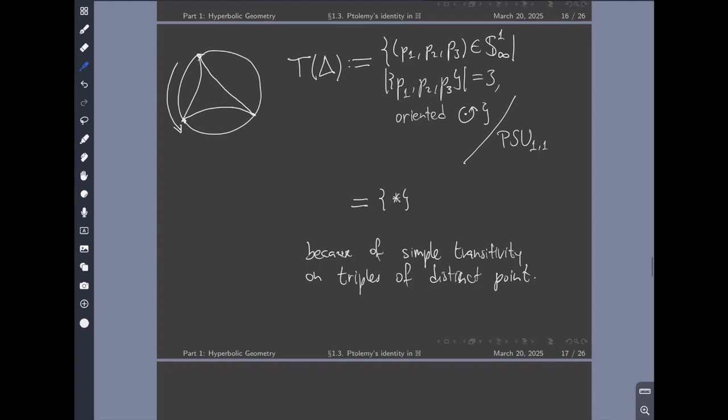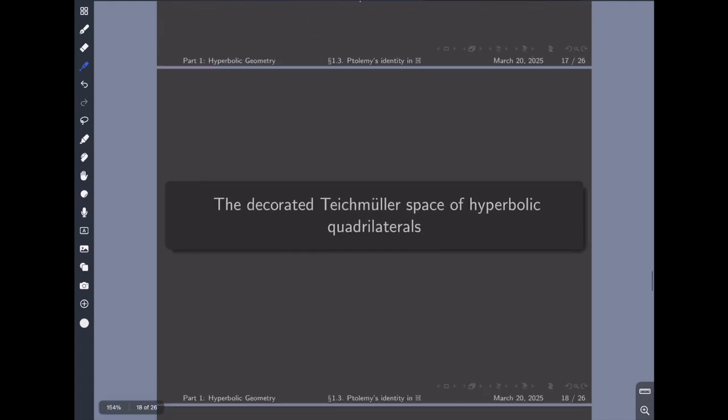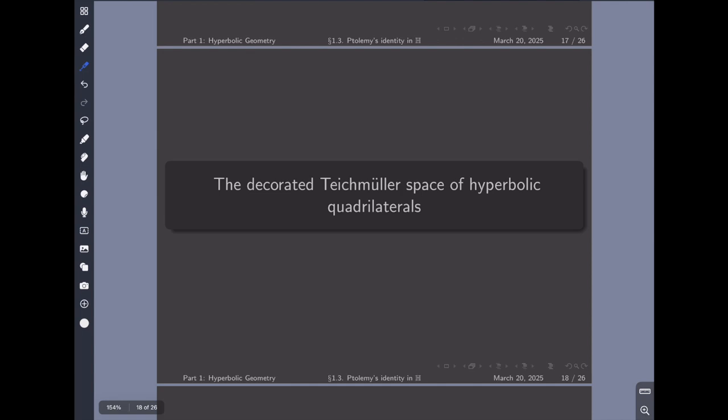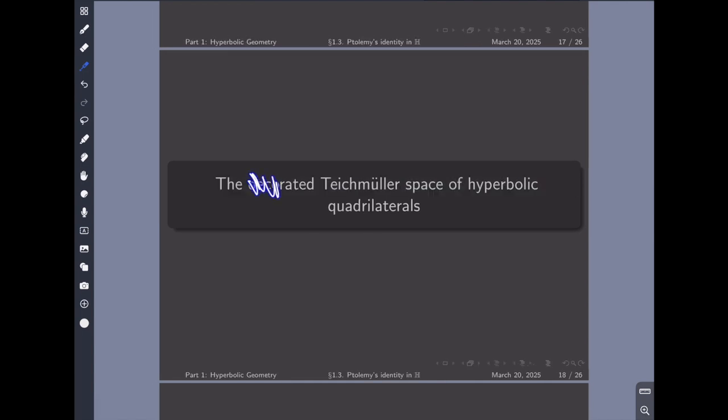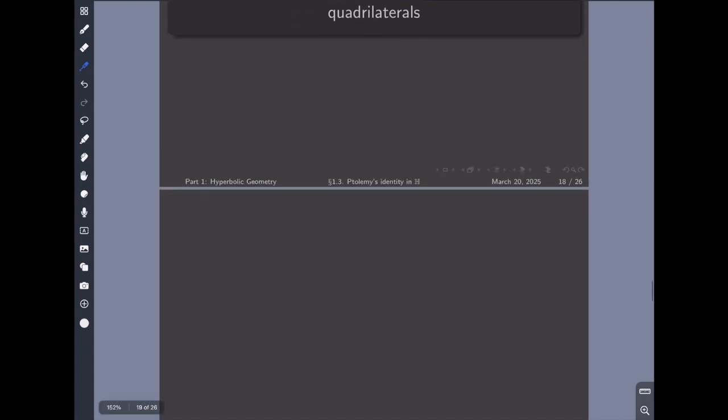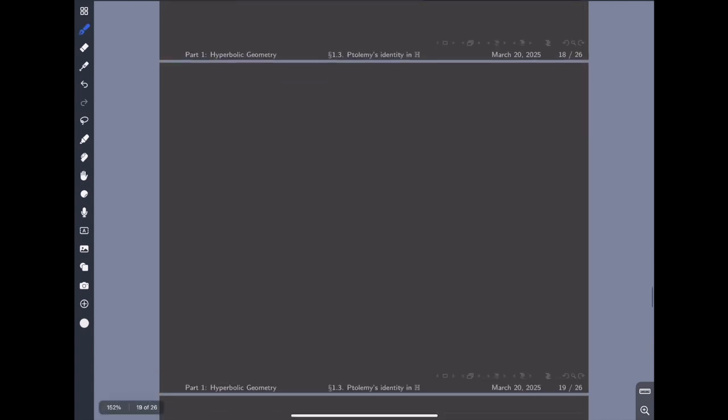Okay, so that was boring, and now on to hyperbolic quadrilaterals. Again, first the undecorated version, and then the decorated version. So first just the usual Teichmüller space without decoration. So now the problem would be, again, the moduli problem as it is first presented, someone says, okay, classify all possible